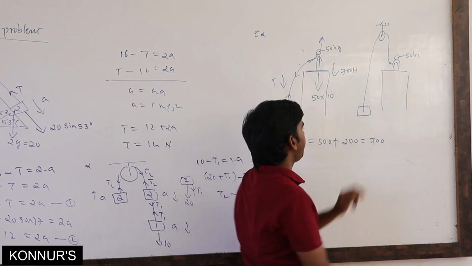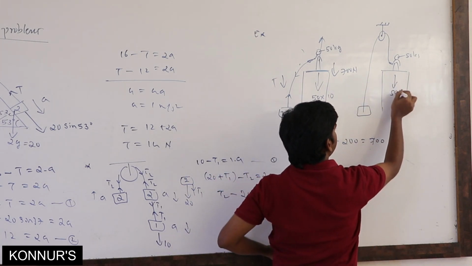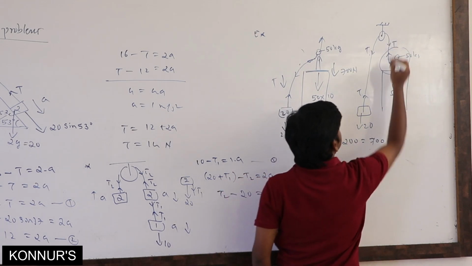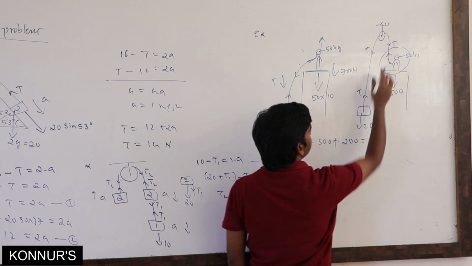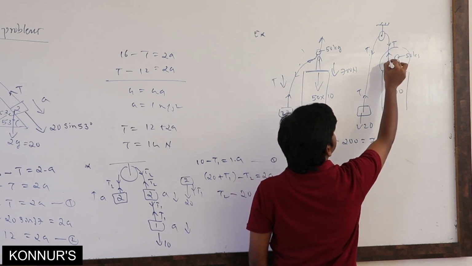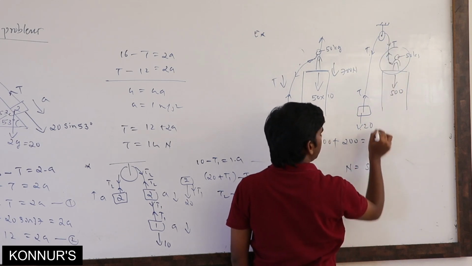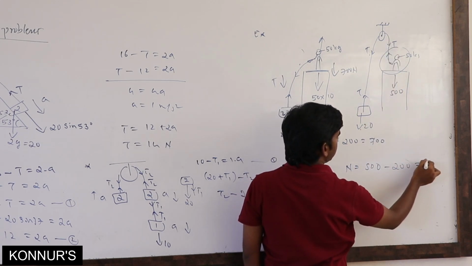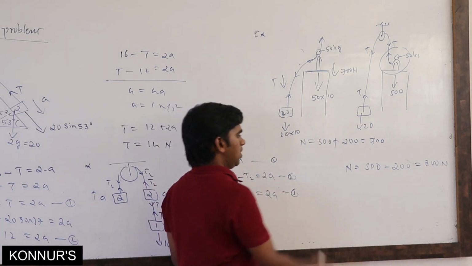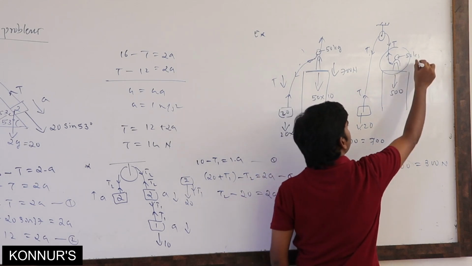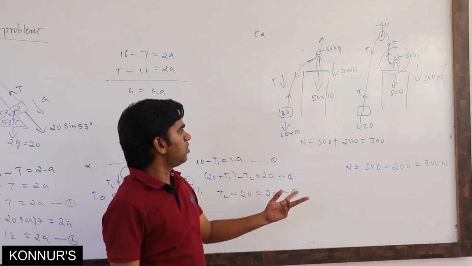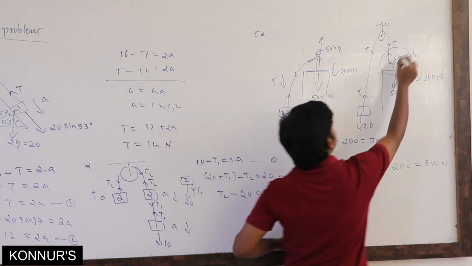If you think here, of course downward here is 500, here it is 20. So at this point, if you look at normal, downward force is 500. What is the other force? Tension is acting upward. So this 200 will become minus 200. So it will become only 300 Newton. So normal is 300 Newton, which means on the floor he has to apply a force of only 300 Newton. Which is the better way? The better way is this one.